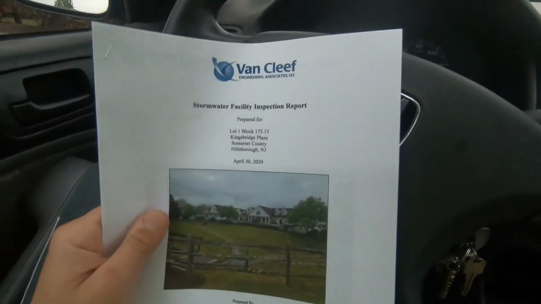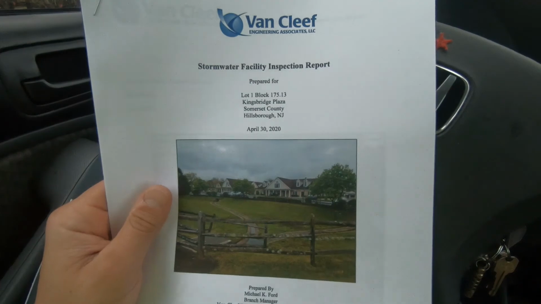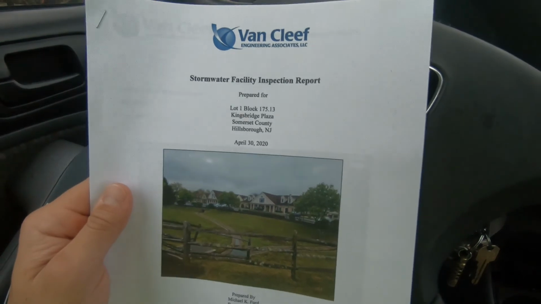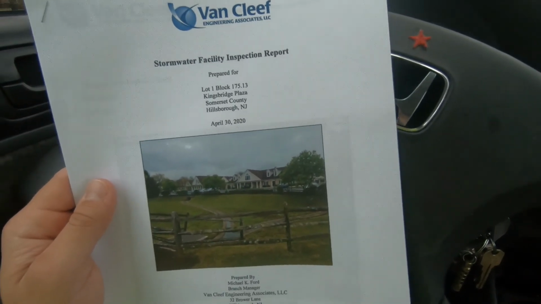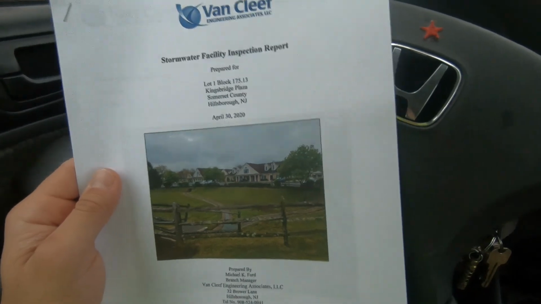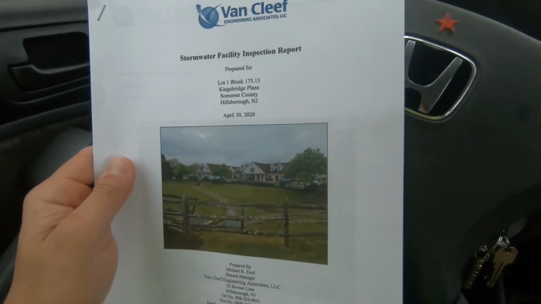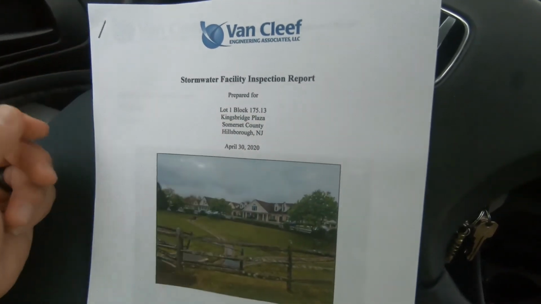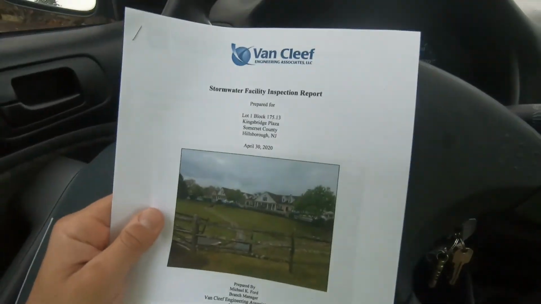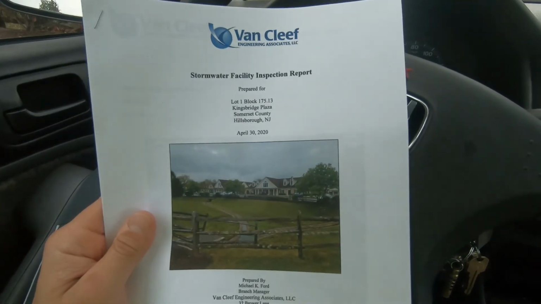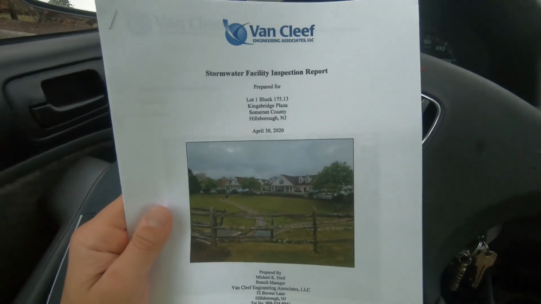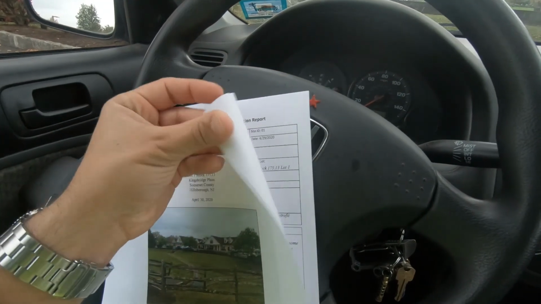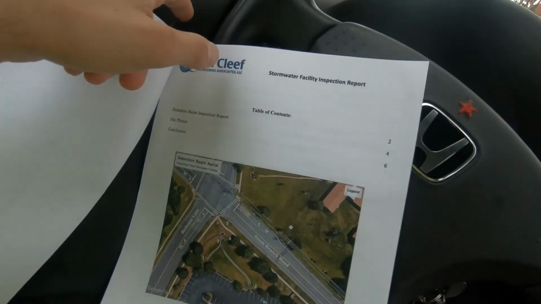So I'm following the Van Cleef Engineering Associates inspection report that I helped put together. I adapted a DEP and the Rutgers Cooperative Extension's sample for an inspection form, adjusted it a little bit, and turned it into a report setup. So this is what our report looks like. If you're doing an inspection that's not for Van Cleef Engineering Associates, you might have a different report setup. But anyway, basically the first page is